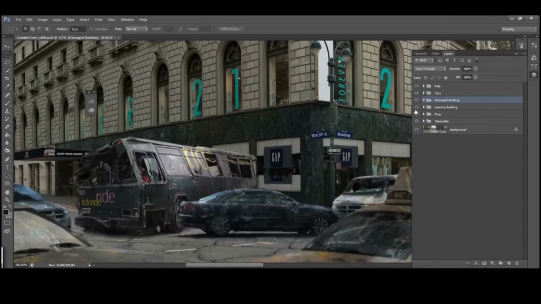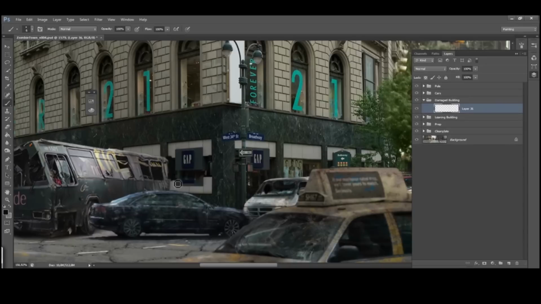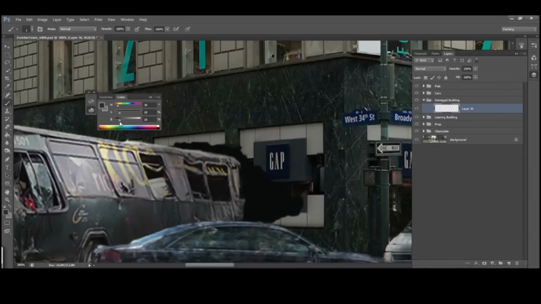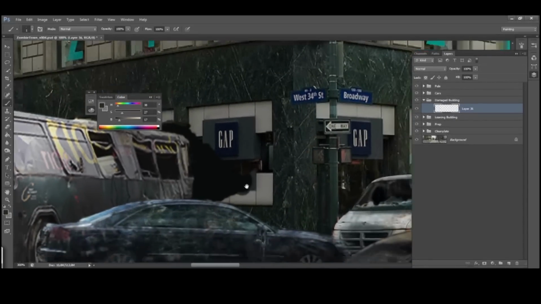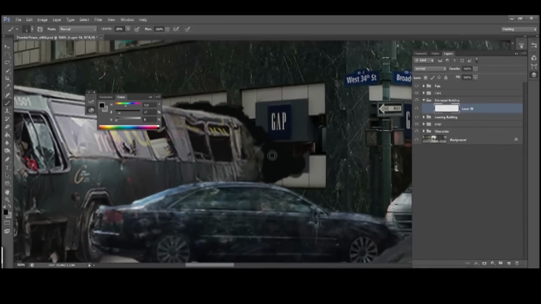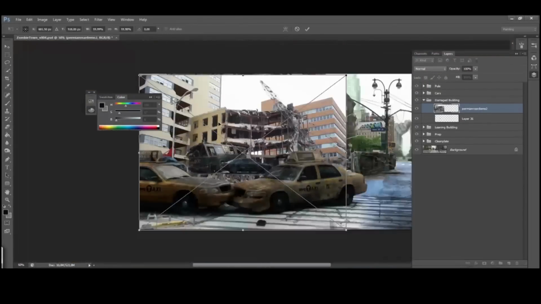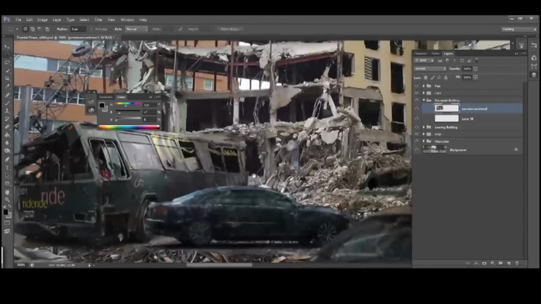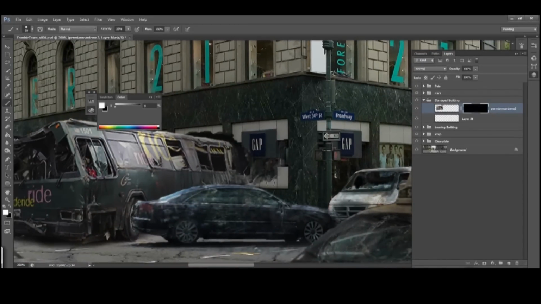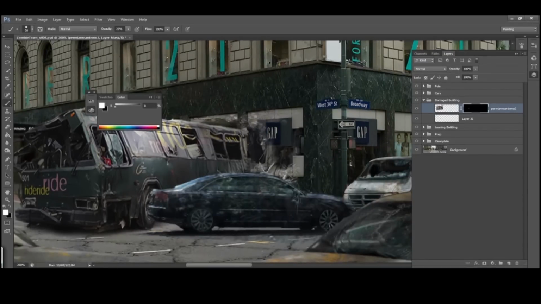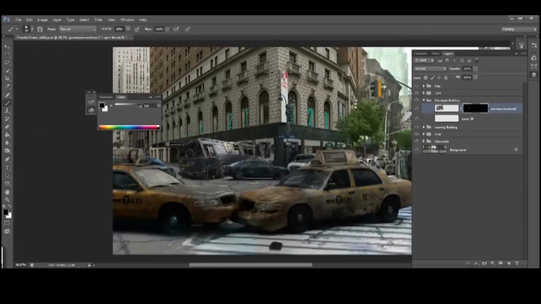So something terrible happened here, as you can see with the bus. This bus driver was really panicking over something, so he drove this bus backwards into the store, or he came from the other side. Probably this type of building would have cracks starting from the point of impact. Now I hand paint the bus that's in shade, and place a building with some concrete textures and some debris. Think about what should happen when a bus drove into this building,